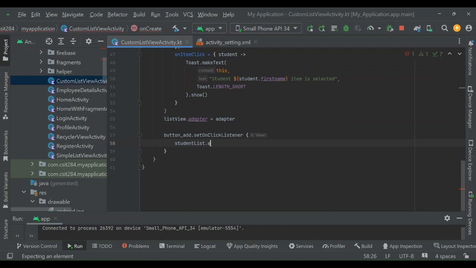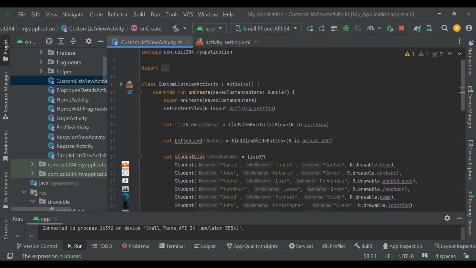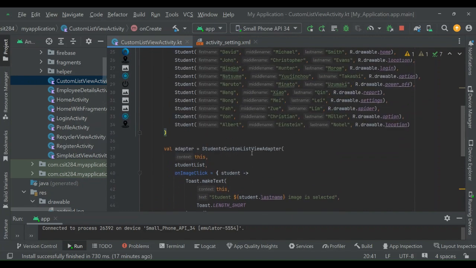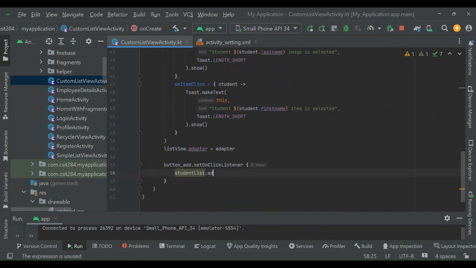Wait, because we are using a list, which is immutable, this time around we change it to a mutable list. Then we add, let's say, Jom, and I want to change my image to Donald Duck.